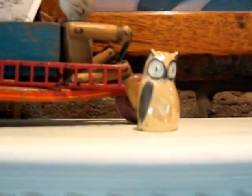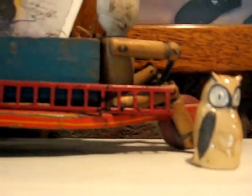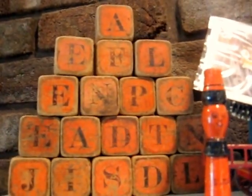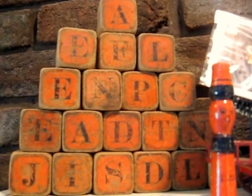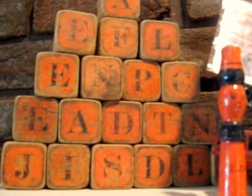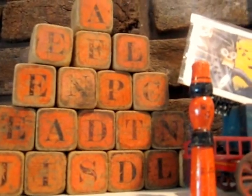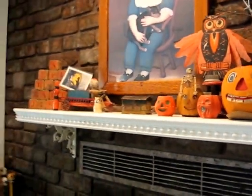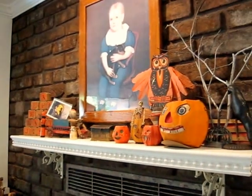On this side I have a little ceramic owl sitting there. I have a little man in a truck with a blue box, and he's carrying another postcard. Again, I love to decorate with the old antique postcards. And then on this side are orange colored late 19th century, early 1900s children's building blocks or alphabet blocks. And so that is my mantle display for this Halloween,